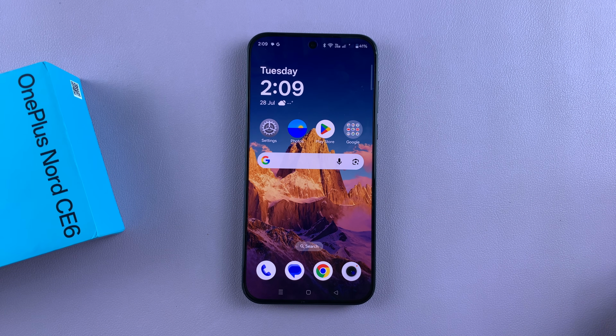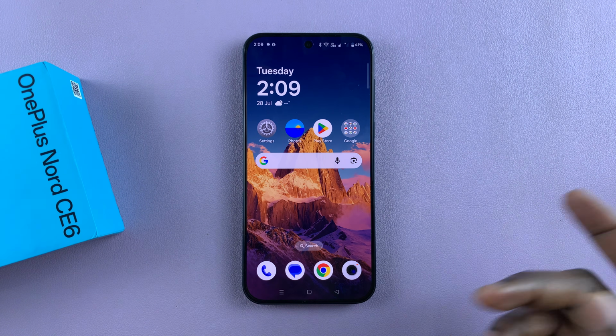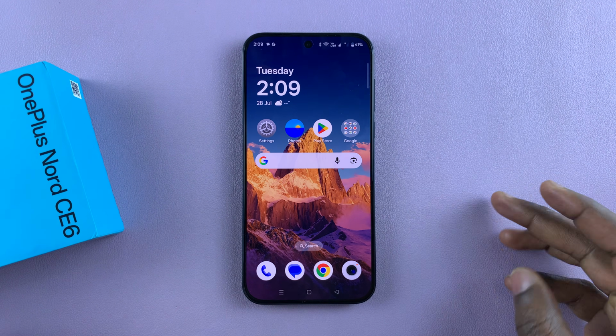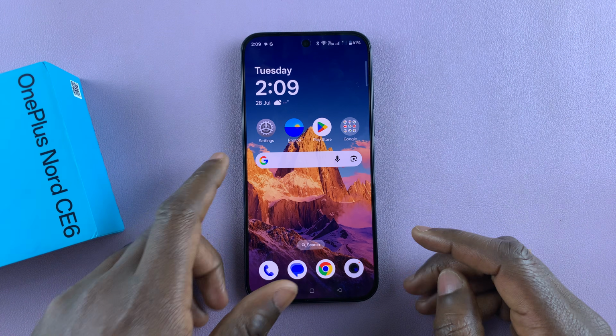In this video, I'll show you how to use a solid color wallpaper on your OnePlus Nord CE6 or CE6 5G. Now, this wallpaper is one for minimalists who want a simple wallpaper as their home screen wallpaper, and all